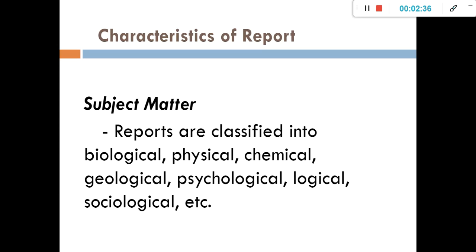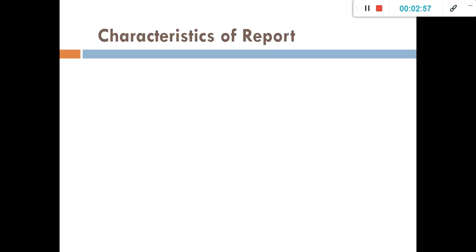So, everything or anything under the sun could be discussed or could be a subject matter in your report as long as it is interesting, as long as it could improve or better the present situation natin about that particular issue. It could be scientific as well. It could be sociological as well. It could be educational as well. It could be political. So, things like that. Okay? Next. Ayan. So, frequency.